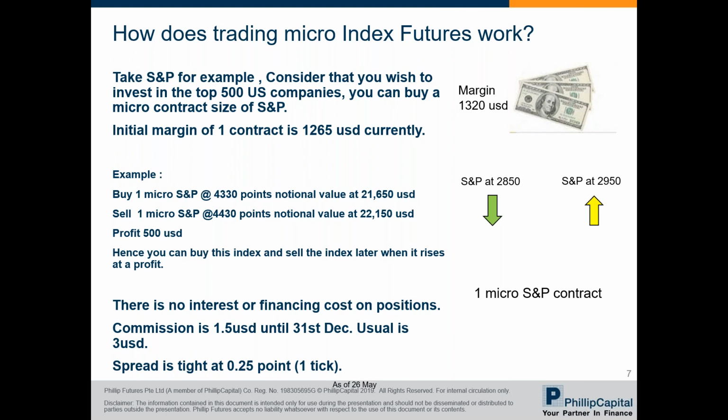As long as you come in with the funds of 1,265 US dollars for the micro contract, you can also substitute with the equivalent amount of Sing dollars if you prefer, which is roughly about 1,800 Singapore dollars now. But interest will be charged on this margin of 1,265 US dollars since you have the funds in Sing dollars. Alternatively, you can convert the Sing to US dollars to avoid interest charges completely.